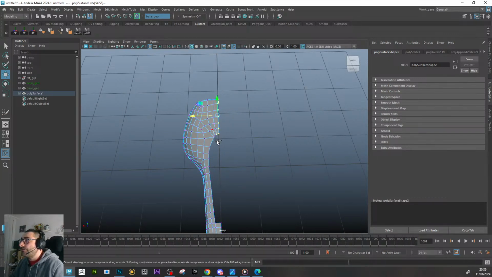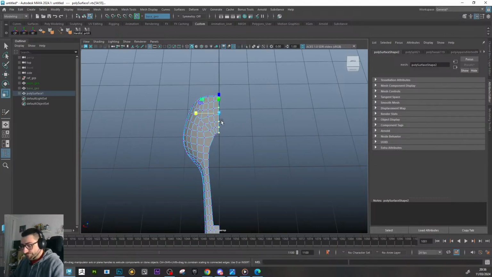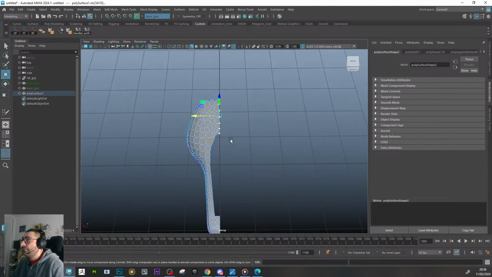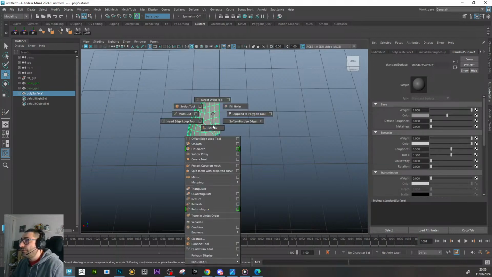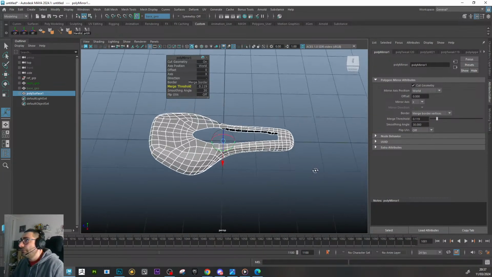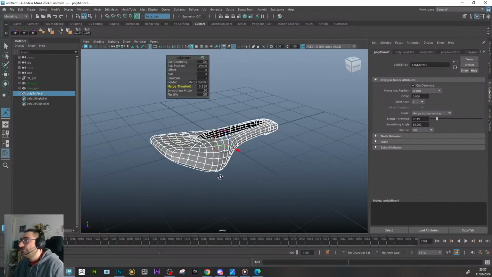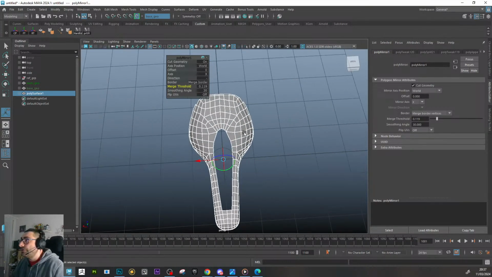Same here. Everything straight, in the center, and now we can use a mirror. There we go. So this is the basic geo with the good topology and everything we need